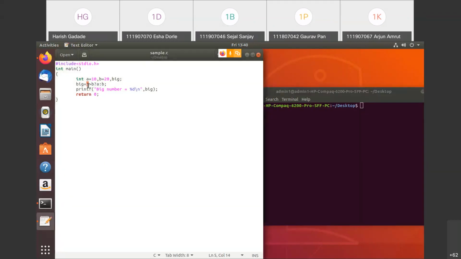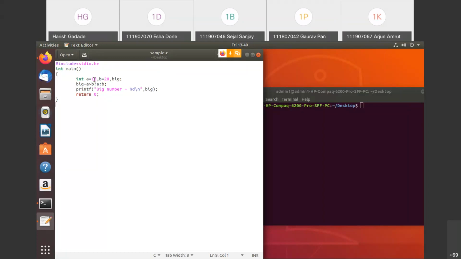If this condition is true, it means if A is greater than B, then A will execute, or we can say whatever is the A value will be assigned to big. If A is greater than B is not true, then B will be considered, and that B value will be assigned to big. Have you understood the concept? So this is the ternary operator or the conditional operator.